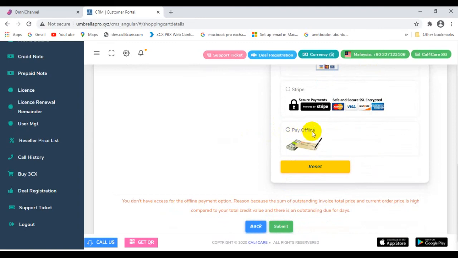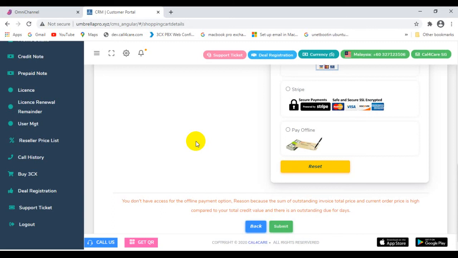You can see here pay offline. This is a facility which is available to the customers who have the required credit amount to make the current purchase. Suppose the client has $45,000 as his credit, and if the products that he has chosen to buy now fall within this $45,000, then he can avail this pay offline facility. Otherwise, he will not be able to. That is just an example. This all depends on the credit balance that you have.